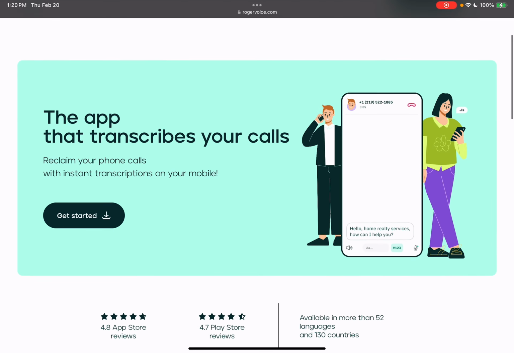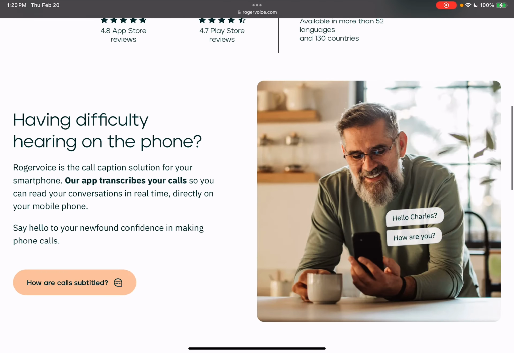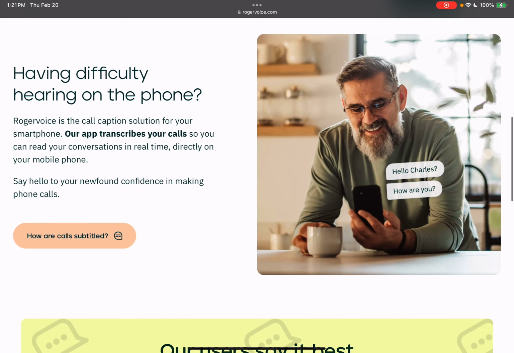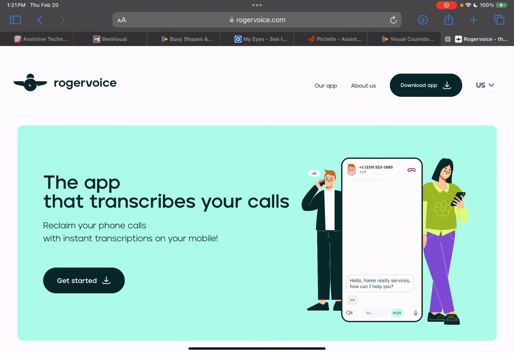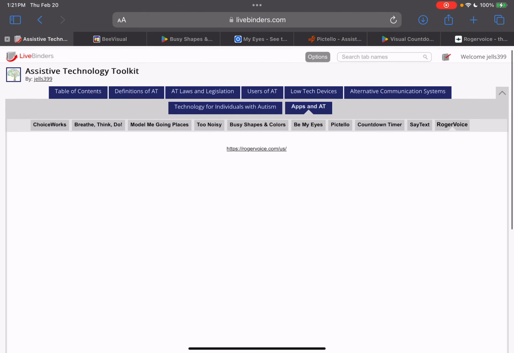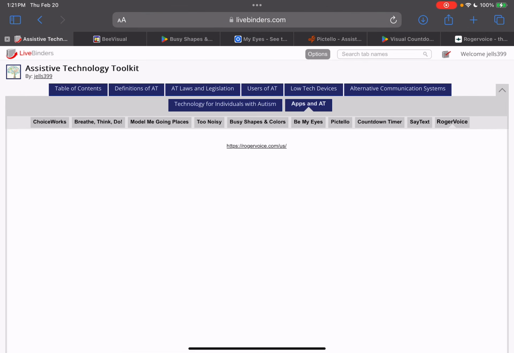Pictello is actually an app I have used before in my classroom. So it's visual stories that speak. So if you need a social story or a schedule, you can add your own picture